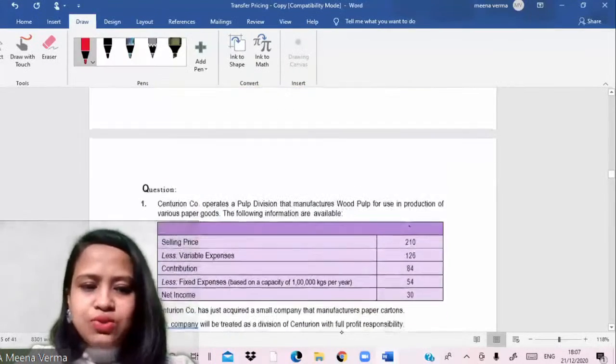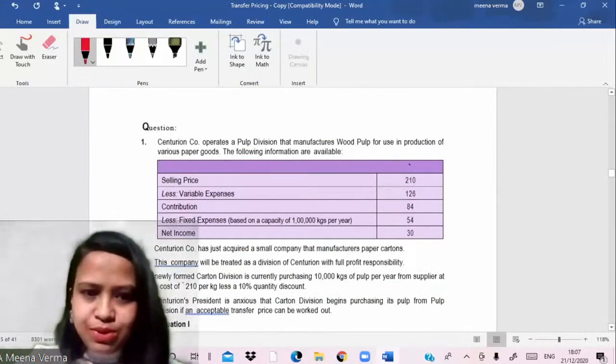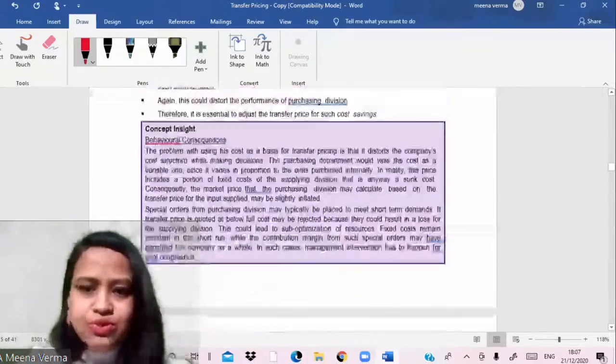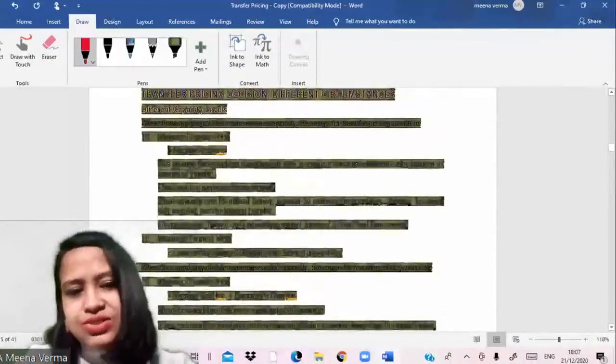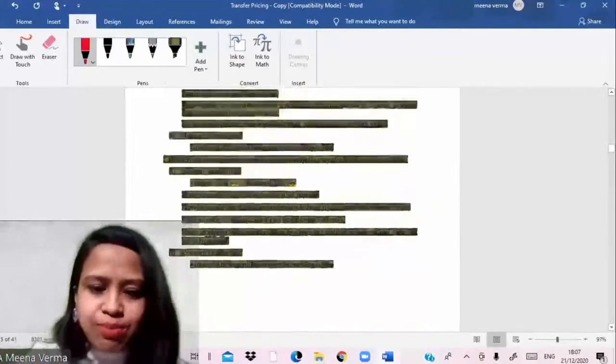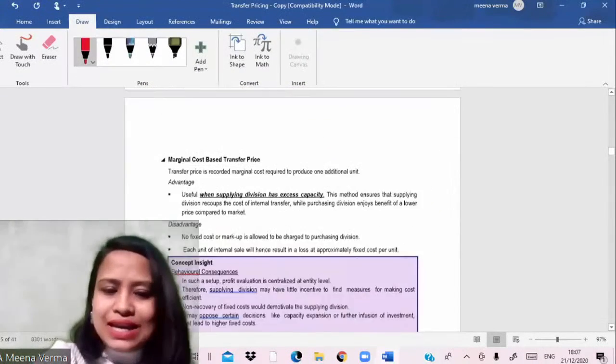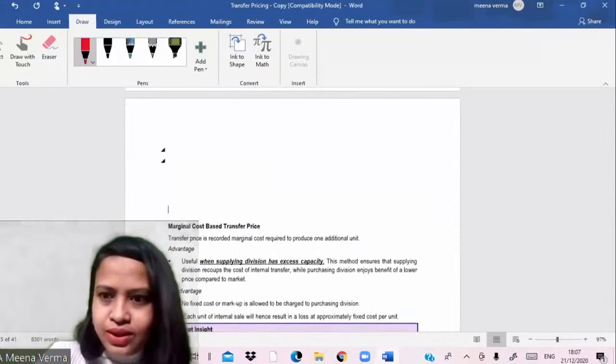Now let us do this question related to transfer price. But before doing this question, I want to discuss one more point. I think we have already discussed this point, but let us just revise this topic. Before deciding the transfer pricing, see,